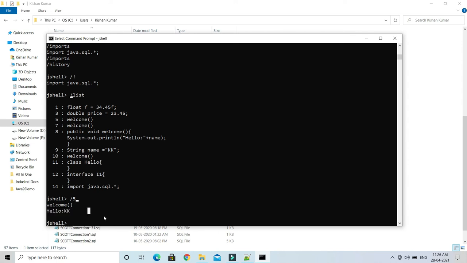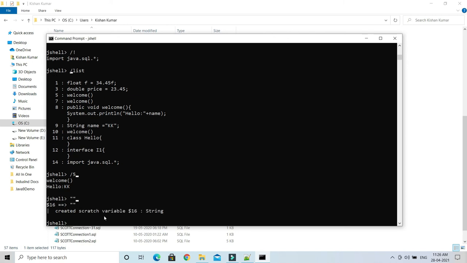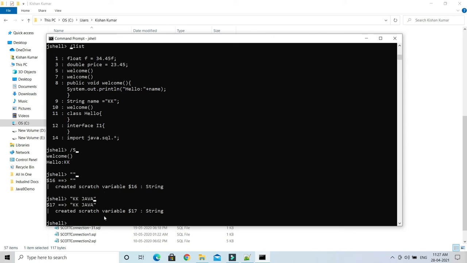Now last but not the least, a few tricks I would like to talk about. Let's say you declare some value like KK Java, just typing one string and pressing enter.